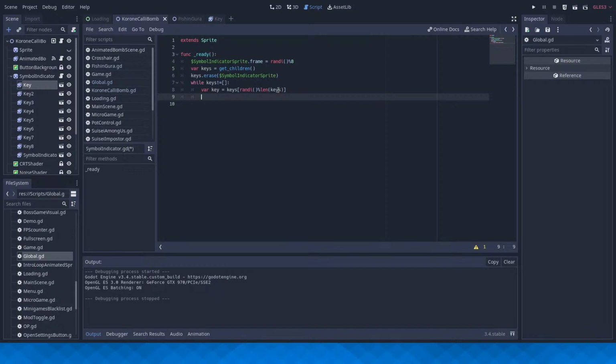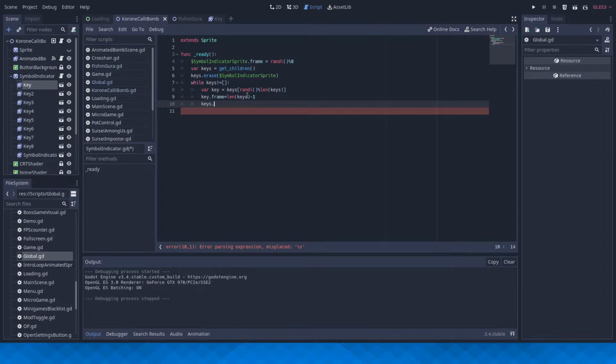So I have a random key now from the pool of keys. So I can say key the frame equals length of keys minus 1, and keys dot erase key. That should work, I think.